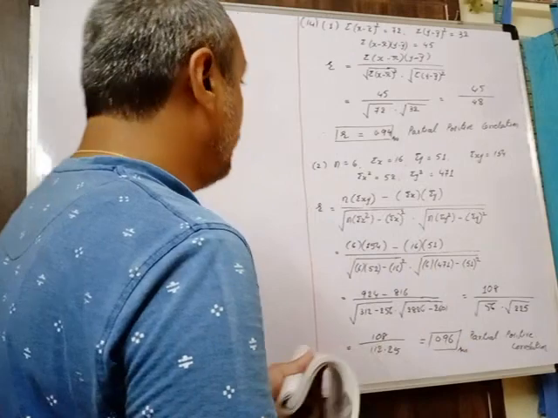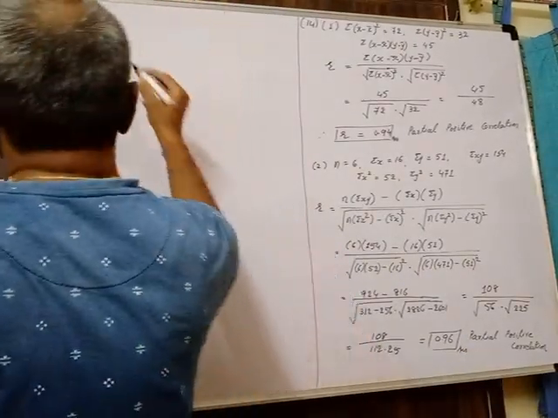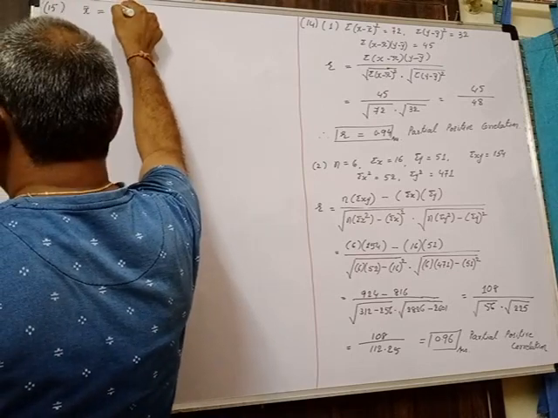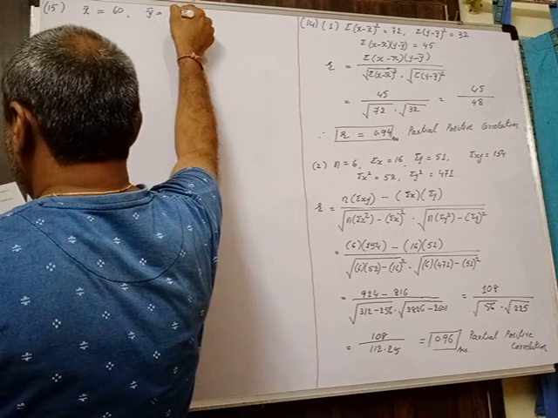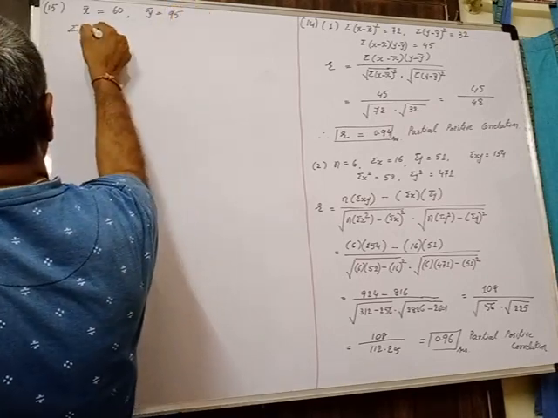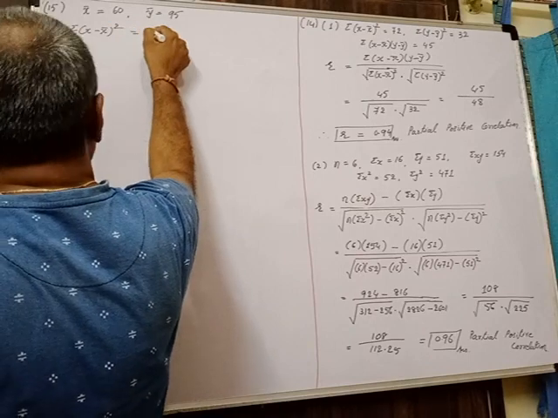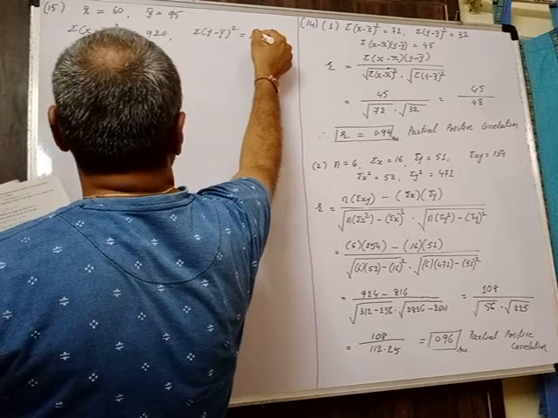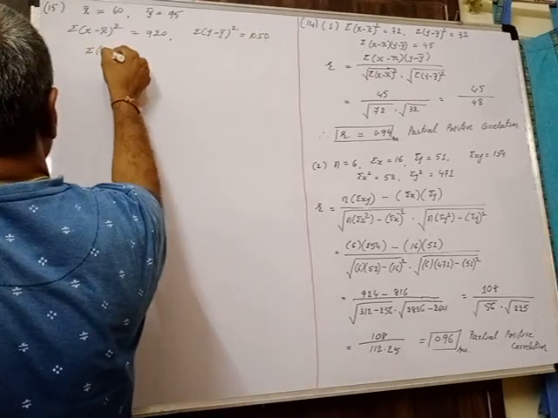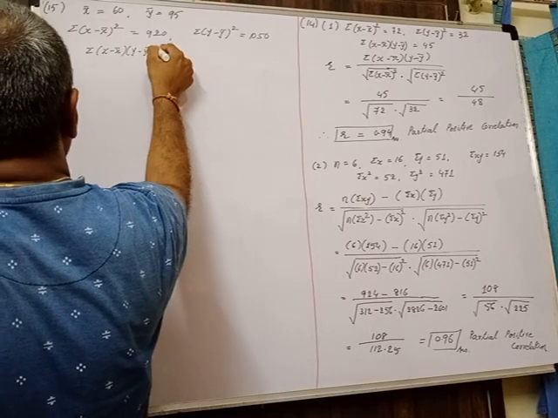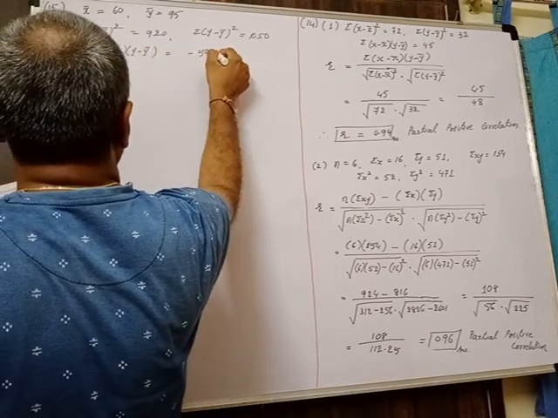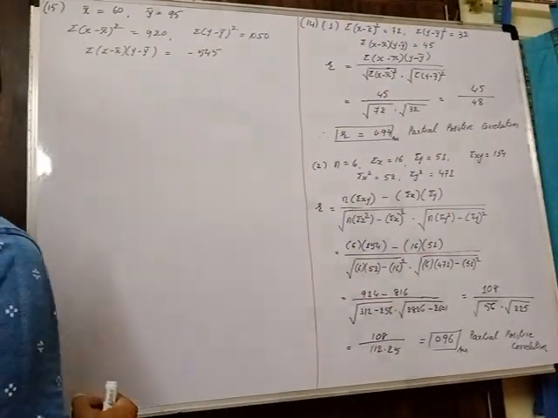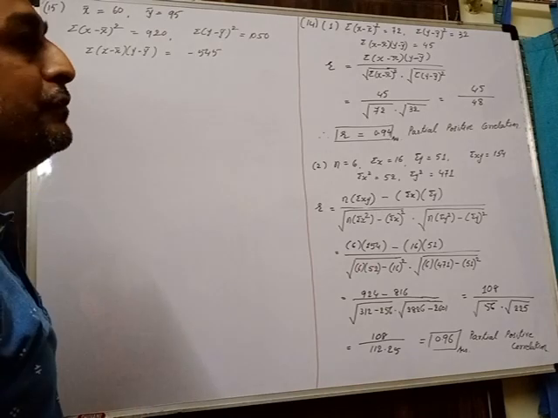I am writing that now in this form. The first average values given, question number 15, the last question in the exercise: x bar is 60, y bar is 95. Then the sum of x minus x bar the whole square is given as 920. The sum of y minus y bar the whole square is given as 1050. And last, the sum of x minus x bar into y minus y bar is minus 545. So this is the information we have. With the help of this, we will now find the correlation coefficient R.